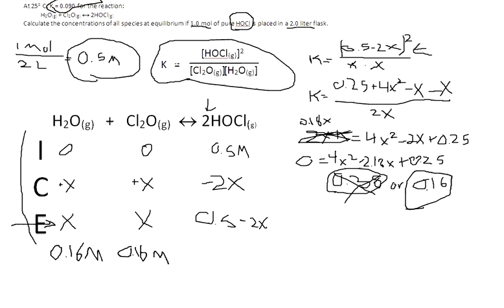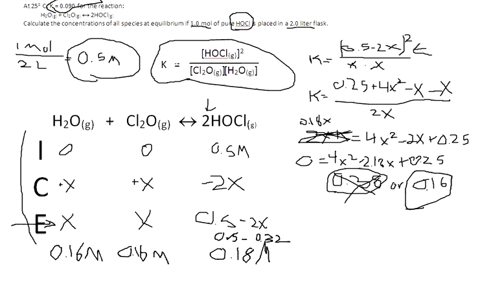So 0.16 times -2 is equal to 0.5 minus 0.32. All I did is plug the x in and times it by the -2. And going down through that, I get that the answer is equal to 0.18